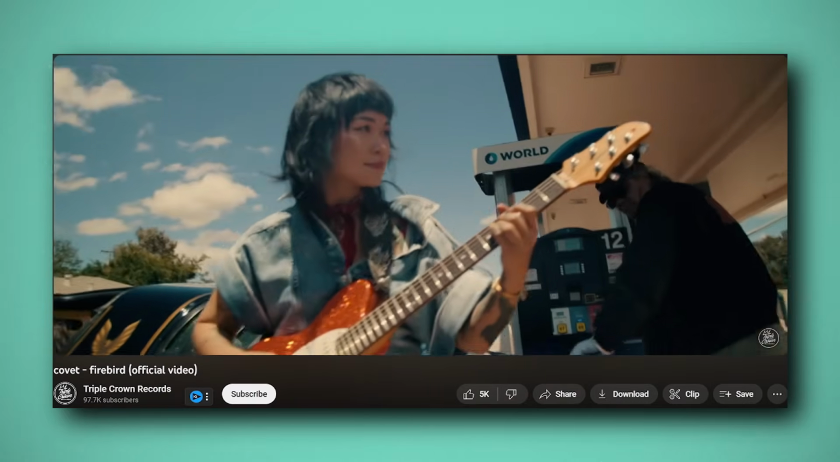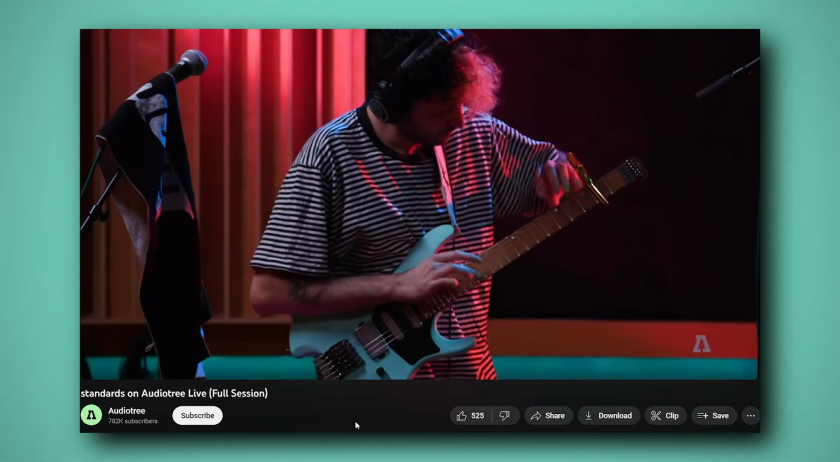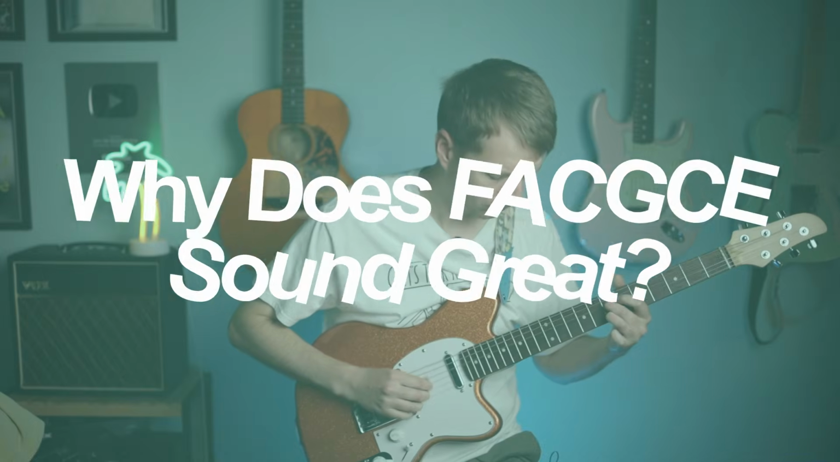So in this video, I'll show you a straightforward method you can use to write those twiddly twinkly riffs in FACGCE tuning. And furthermore, show you how some of the best math rock guitarists in the game are using this tuning to create some of the coolest ideas. And at the end of the video, I'll give you a framework that you can use to start practice crafting such ideas in this tuning. But first,